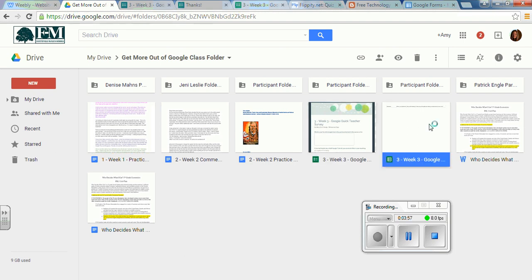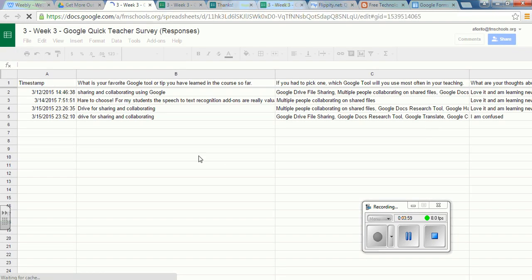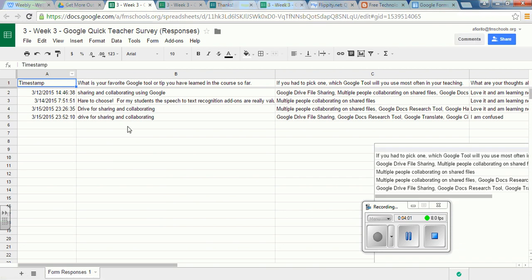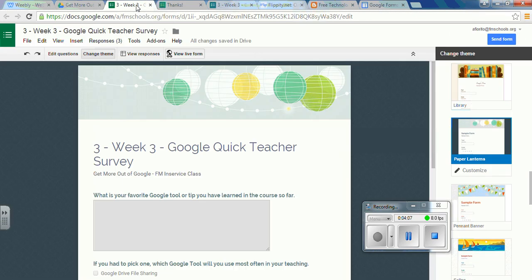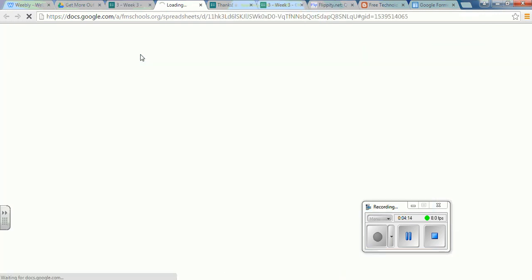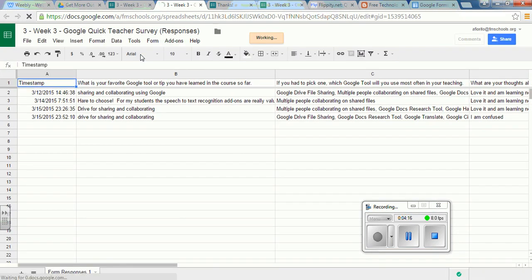If I double click on this, you can see that it's actually collecting all of my data here. Now I'm going to close this up for a minute, and let's just go back to my form again. This is where I was editing. If I click View Responses, it's actually just going to open up that exact same spreadsheet that